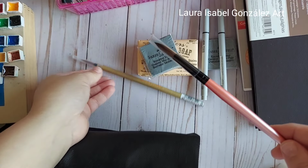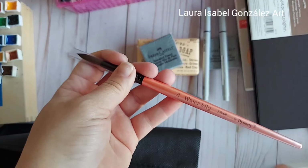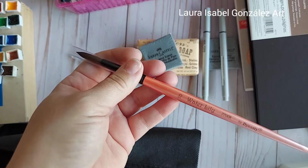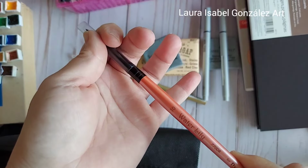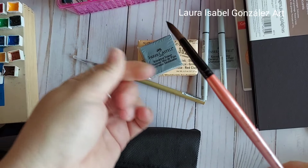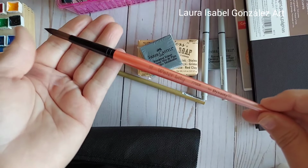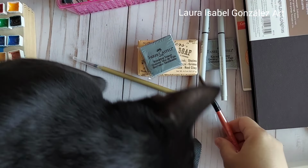And then look at this. They were really pushing, and not like pushing me to buy it, but they were like, look at this brand. Well, maybe they were, but either way, they were pushing it, and I purchased it. I purchased the size 10 water lily brush. I believe it's under their Creative Mark line, and it's beautiful. I know it says by...